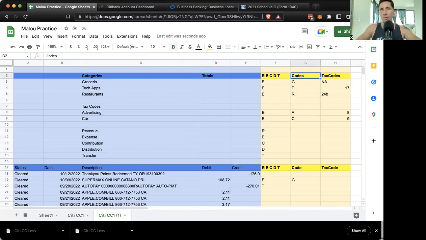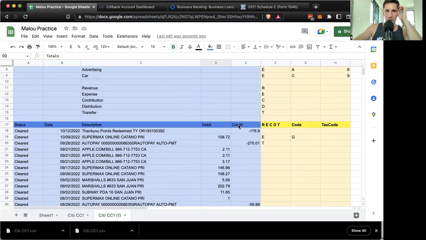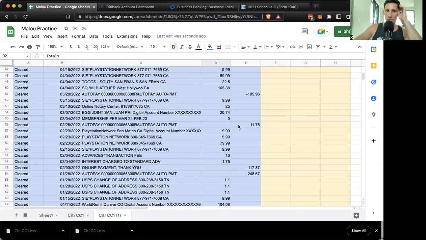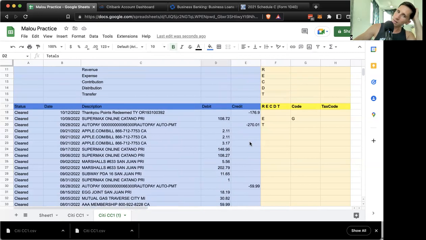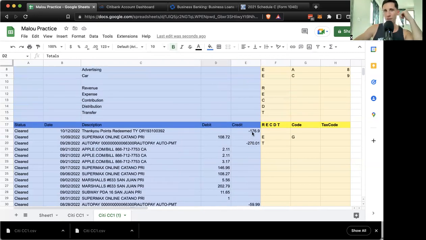And actually from codes, I'm going to put categories here. I think it makes it easier for you. Tax codes, categories. And then, yeah, I'm just going to leave it how it is. Okay. So what we want to do is, now in this one, particularly in city, it separated debits and credits. It doesn't need to do that necessarily. I don't really want it to do that. So I'm just going to take this